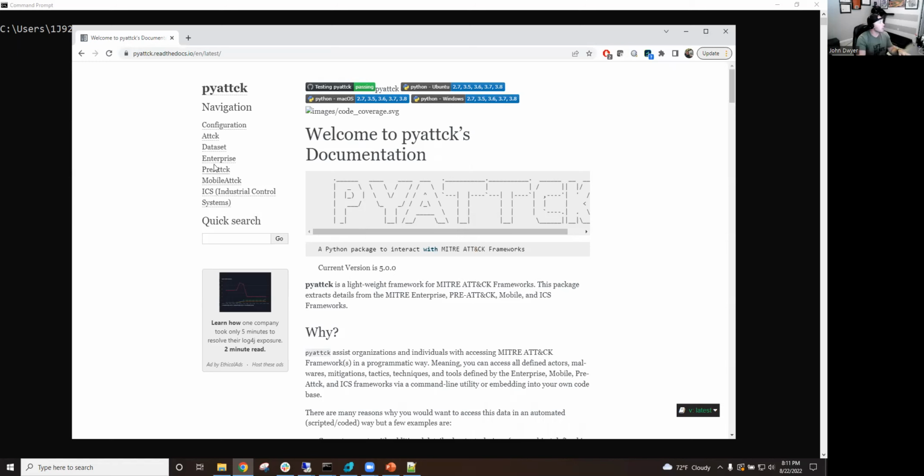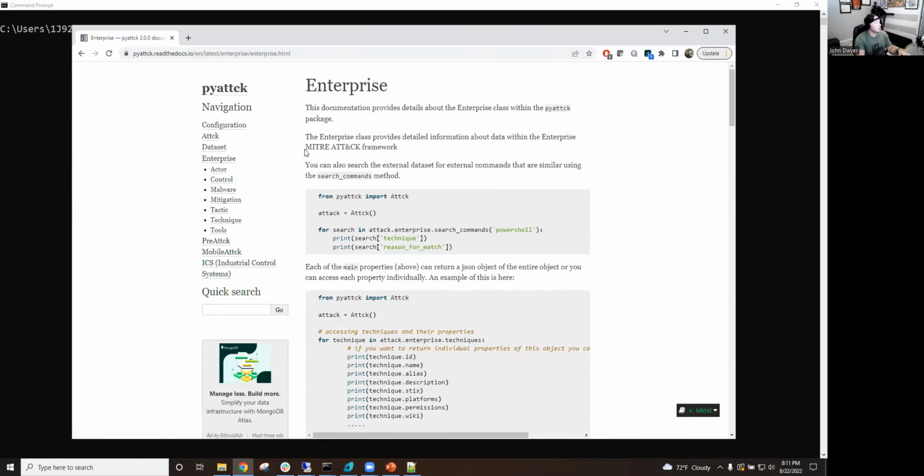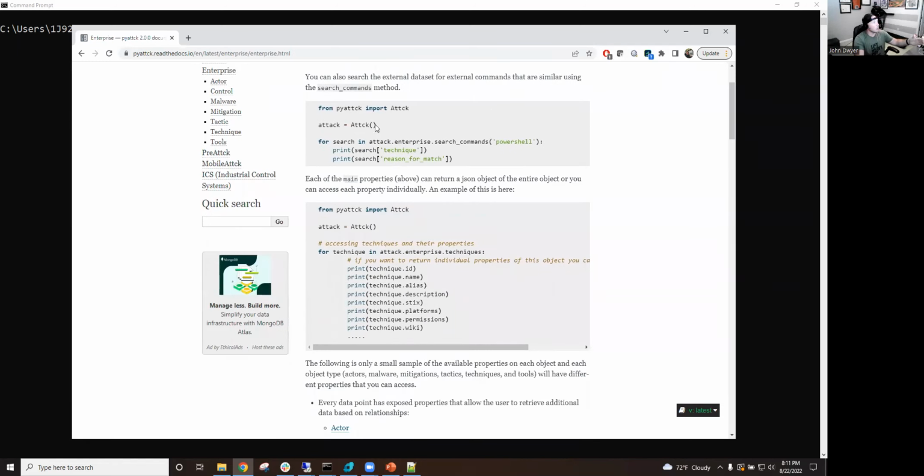So what we're going to do is focus on Enterprise here, and you can just load attack from this library and load it in, and through that data set, it'll go out and grab everything in MITRE. You can keep a local copy if you want. Go out and grab everything in MITRE, read it into a data frame, and then you're able to search for particular things. So that's what we're going to do. The first thing that we're going to do